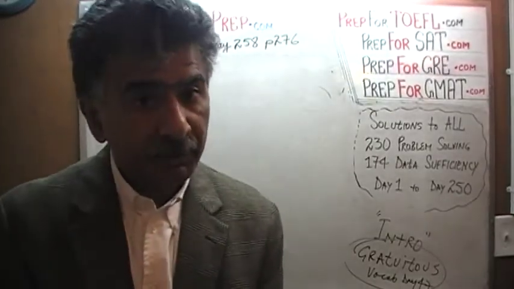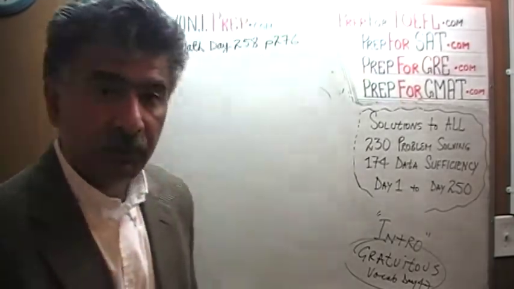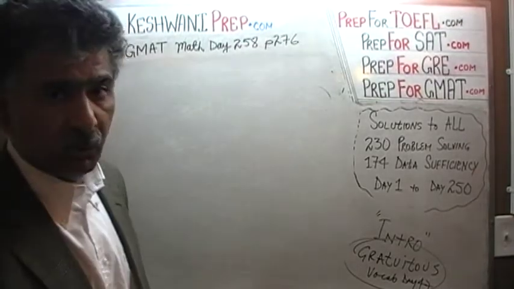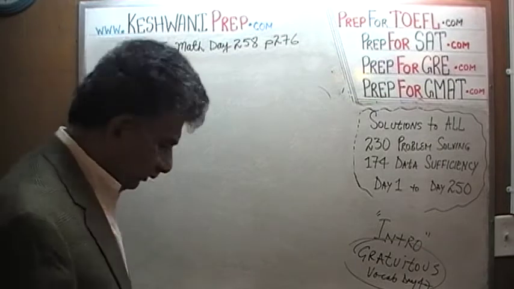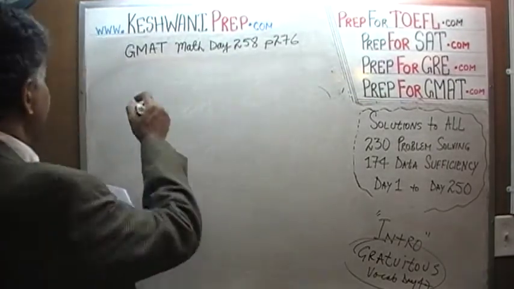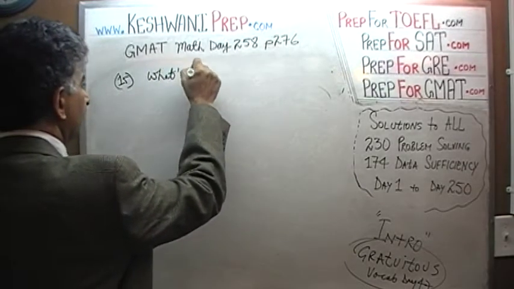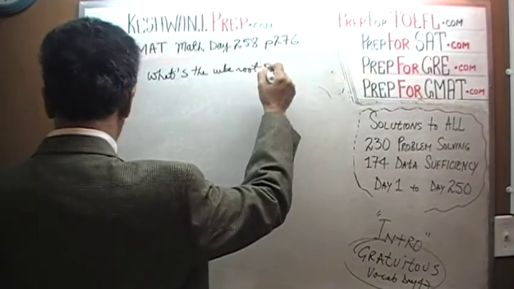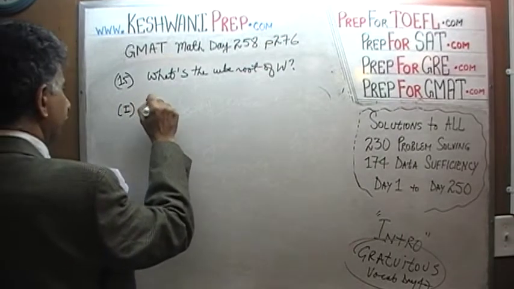We are in the process of redoing the problems at a little bit of a faster pace. We are on page number 276. Please turn to it, page number 276, and today is our lesson number 258. Problem number 15 is what we are about to do. Problem 15 is asking us what's the cube root of W? And the first statement tells us that the fifth root